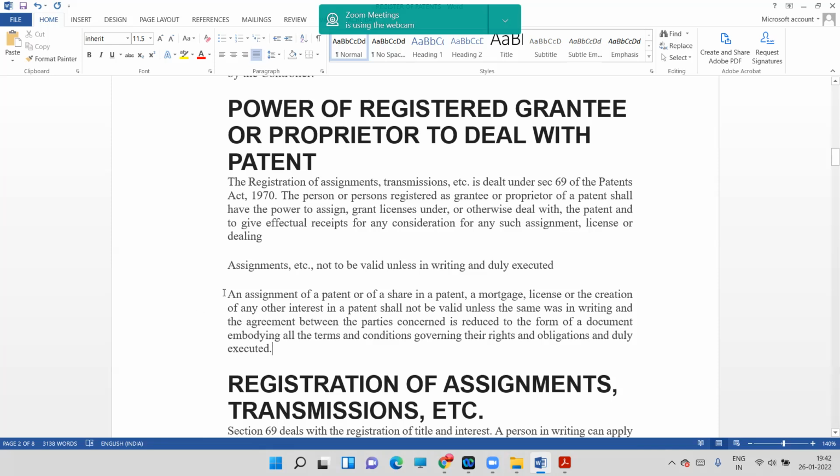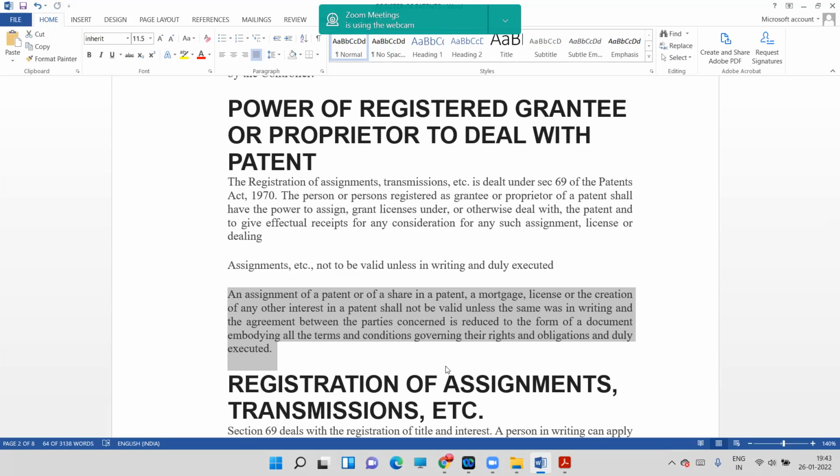ठीक है, अभी ये पॉइंट समझ में आया आपको? An assignment of a patent, अभी असाइनमेंट किस तरीके से है? Share in a patent होगा, मॉर्गेज होगा, लाइसेंस होगा, और creation of any other interest in a patent shall not be valid unless the same was in writing and the agreement between the parties concerned is reduced to the form of a document embodying all the terms and conditions. तो उसमें terms और conditions भी होते हैं, okay? Governing their rights and obligations, मतलब कितना शेयर, कितना अमाउंट होगा, अलग-अलग कंडीशंस होते हैं उसमें।